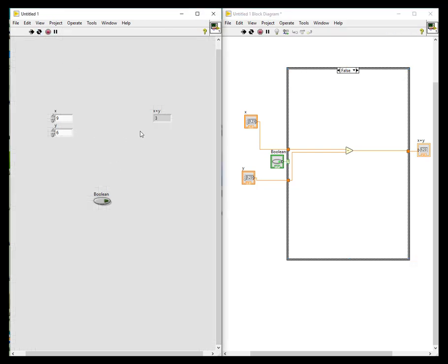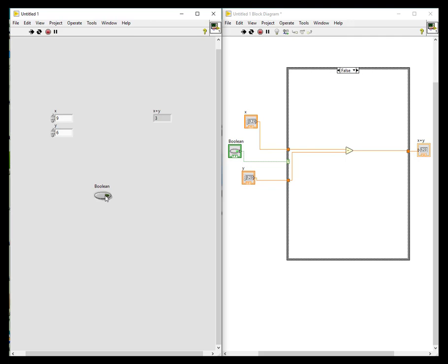that 9 minus 6 is 3, and it states that it is in the false condition, because the false condition here I have already stated that it is. And if I just click this one, you can see my output is 15 now. That means 9 plus 6. So if I just stop this one, you can see true and false cases are working.